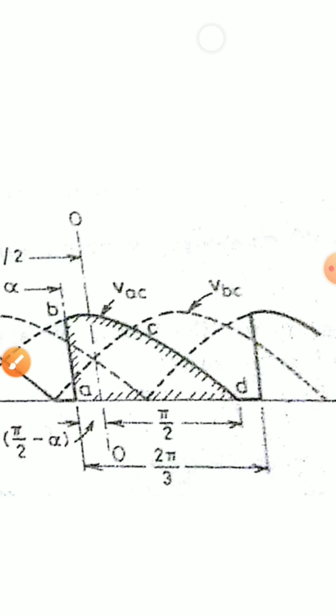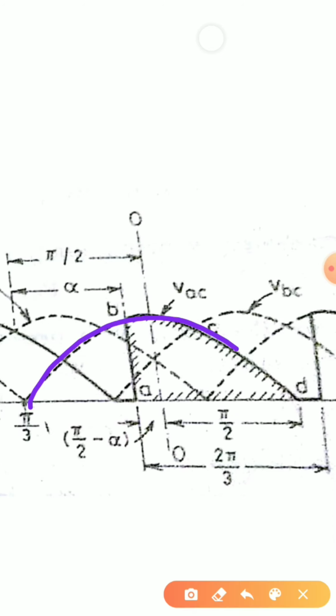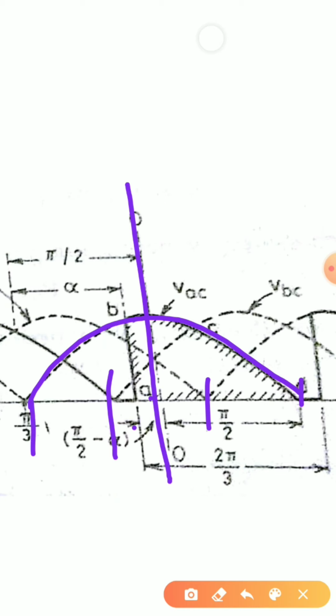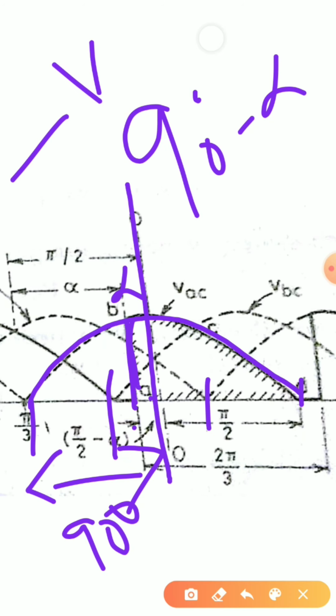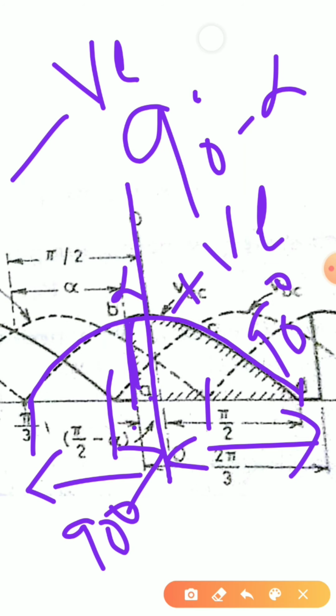Now in that duration as well, this is my full waveform. Now full waveform 60, 120, 180, this is 90 degree. Now we can clearly see that if I am moving to the previous direction, this is 30 degree, this is 90 degree. So clearly I can see that only from here I am getting conduction, and this is equal to alpha. So I can clearly write 90 degree minus alpha in my negative direction, and in my positive direction the full 90 degree conduction is there. So in the negative direction 90 degree minus alpha, and in the positive direction 90 degree.